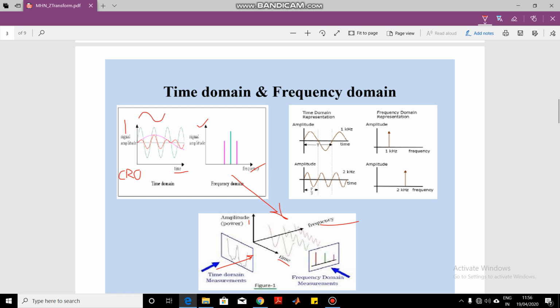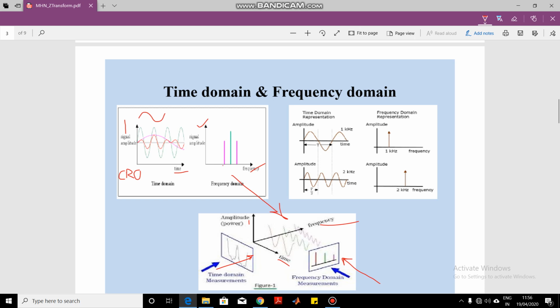Okay, but now if you change your view, that if you change your perspective of looking at the same signal, the signal is not changing, the signal is remaining the same, but only your direction of viewing the signal is changing. So when you observe the signal from here, this signal which is looking like a sinusoidal representation here, it will appear in the form of a line if you look the signal from here, because all these cycles will overlap each other, and when you look the signal from here, you will get only a line, and these lines will be separated in frequencies.